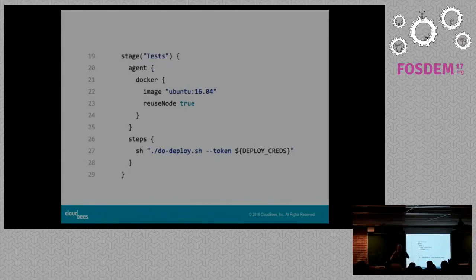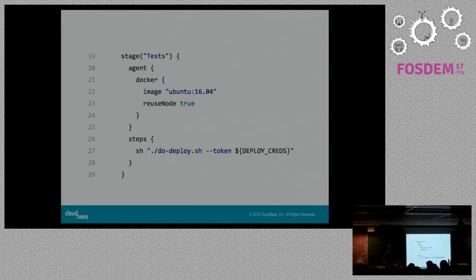What that means is that this stage's agent will run on the same agent that the previous stage ran on. We'll have access to the workspace and the checkout and the artifacts we already built. So we don't have to worry about copying them around, etc. Everything's already available, so that we would then run our shell step to actually do the deploy using that environment variable that we defined before with the credentials. It's got access to the artifacts and has everything it needs to deploy without having to worry about stashing them